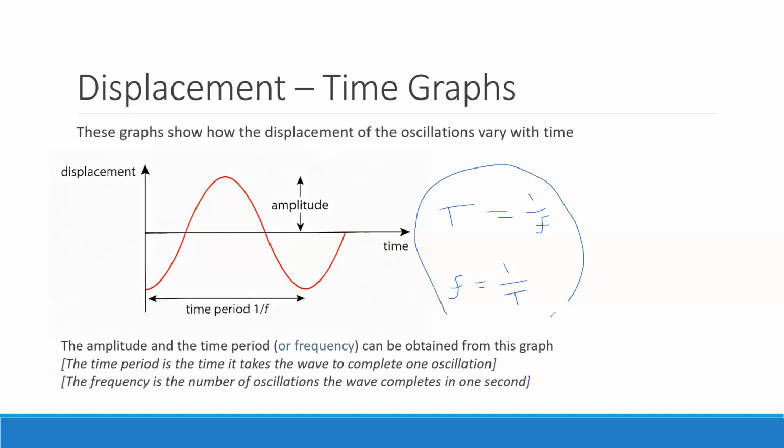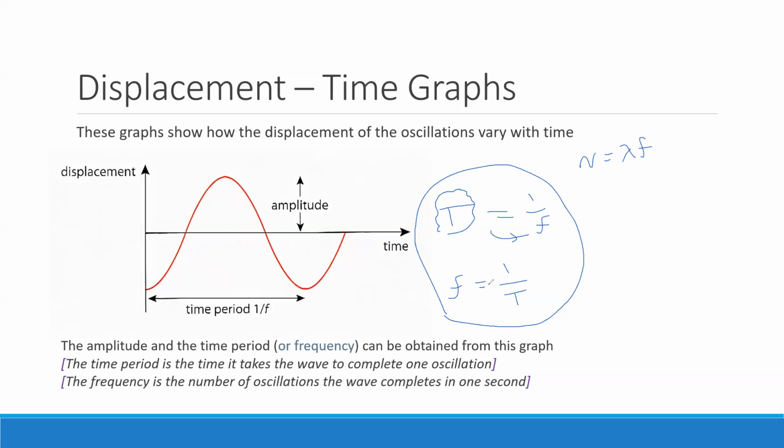So basically, if a question gives you the time period, you automatically know the frequency. Because you might need a frequency, because maybe you're working out speed, and speed is wavelength times frequency, but the question doesn't give you frequency, it gives you time period instead. Don't panic. If they've given you the time period, however they gave it to you, maybe from a graph, maybe from something else, that means they've given you the frequency. Likewise, if they've given you the frequency, however that might look, they have actually given you the time period. So if you know one, you know the other, because you just do 1 over.